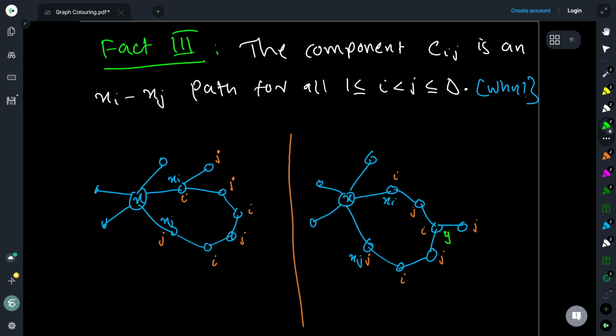So all the neighbors I am talking about are basically colored i and j, right? So suppose some vertex y has one more neighbor other than in this path. Now if there is another neighbor, I know that this neighbor must be colored. If y is colored i, then it must be j, and if y is j, then this must be colored i. So in either case, I know that